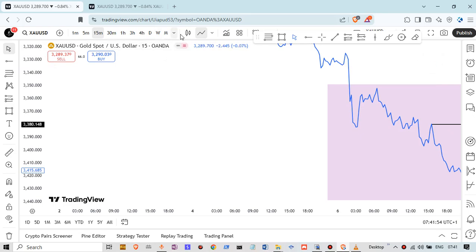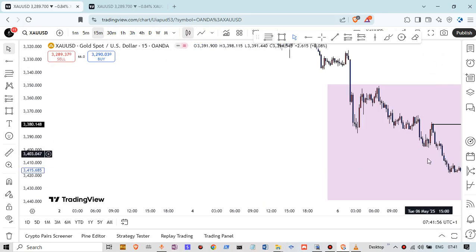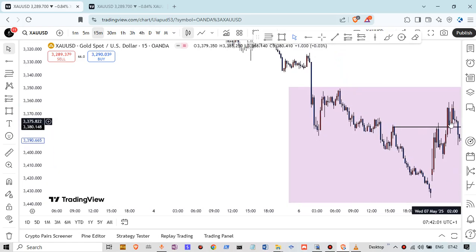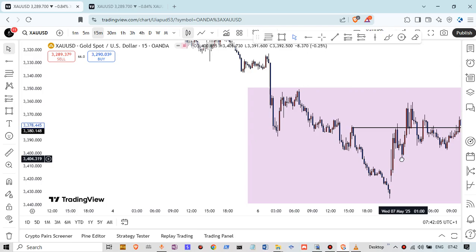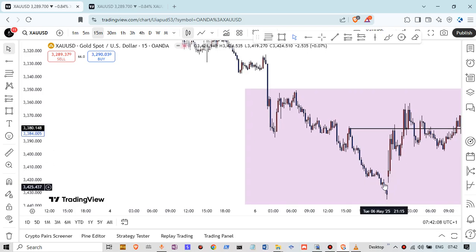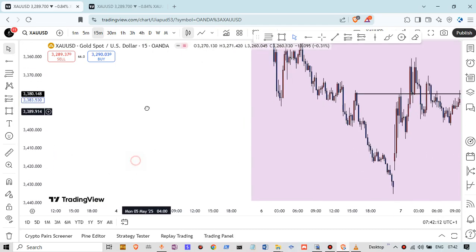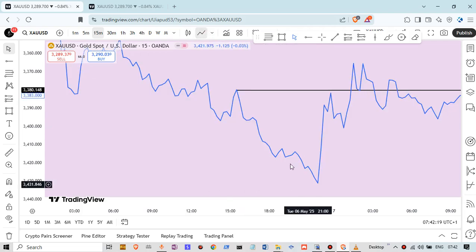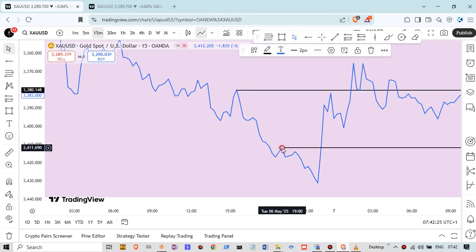On the candle chart, this is the point where there was a proper break. So I'll be waiting for price to come down within this region here. Now if you zoom a bit closer, can you see this stuff here? Let me put it on line charts. Can you see what they look like? These are little levels as well. I can place it here.